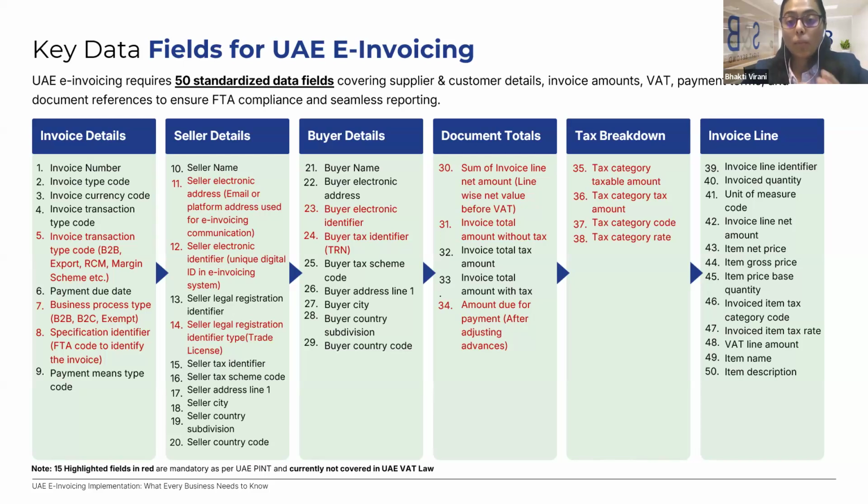If we see more, mainly the fields are around the fact that now going forward, we have to give more details to the authorities as to what is the type of the invoice. That is, whether it's a B2B invoice or a B2G invoice or an export invoice or it's being generated under the reverse charge mechanism as a self invoice.